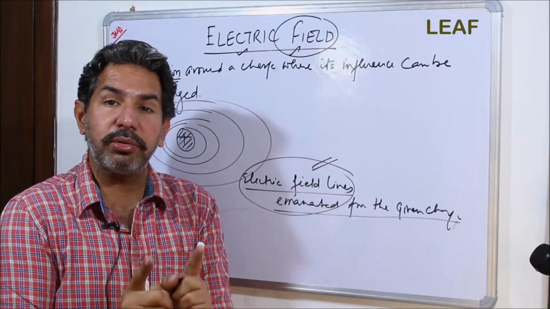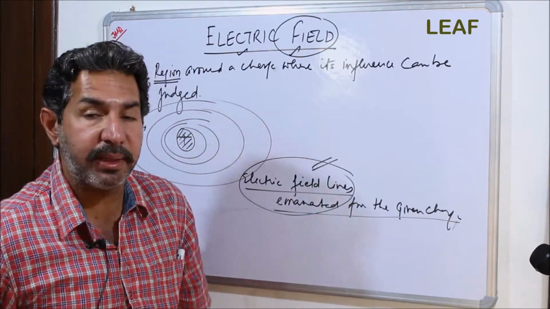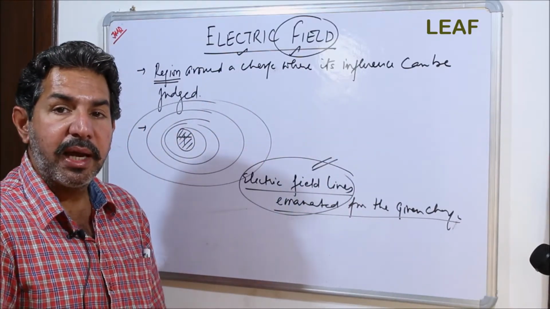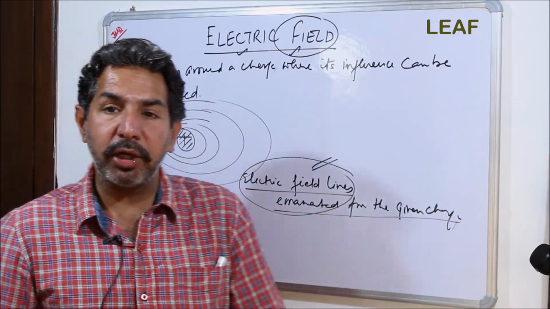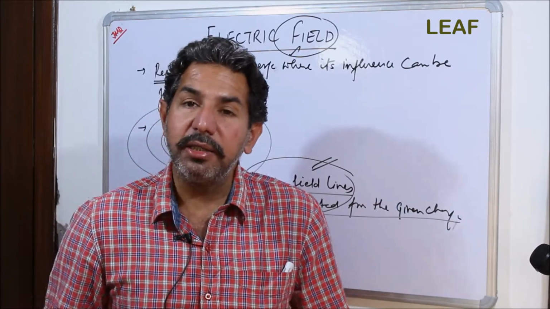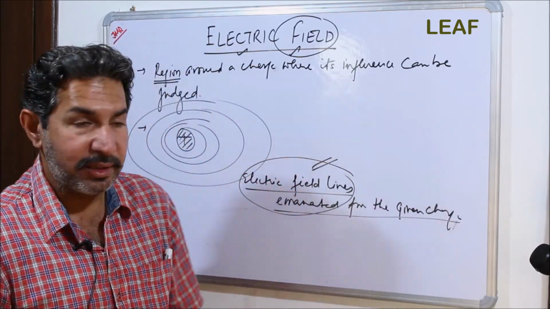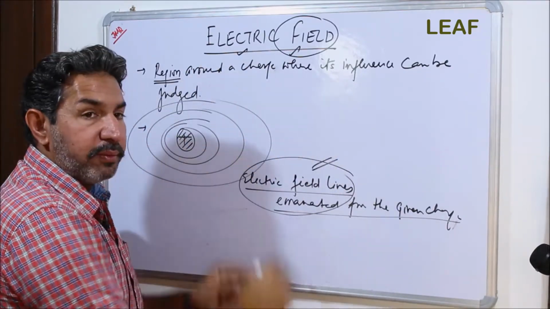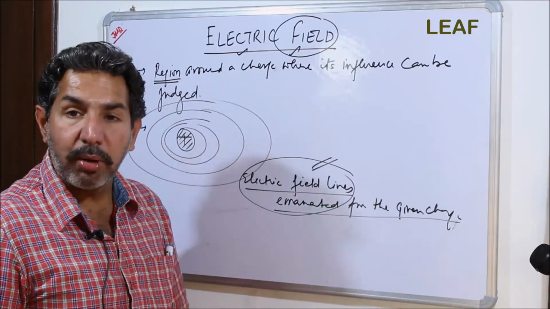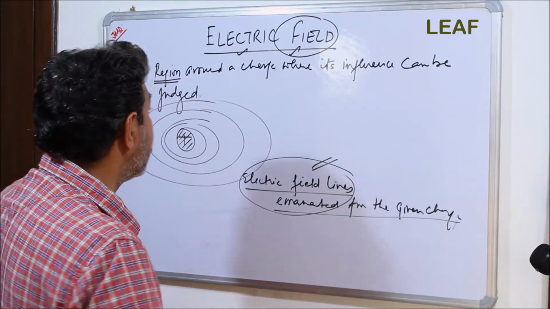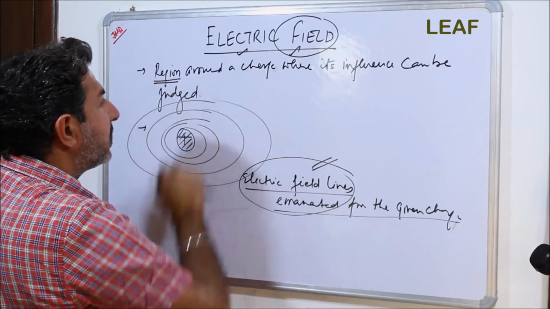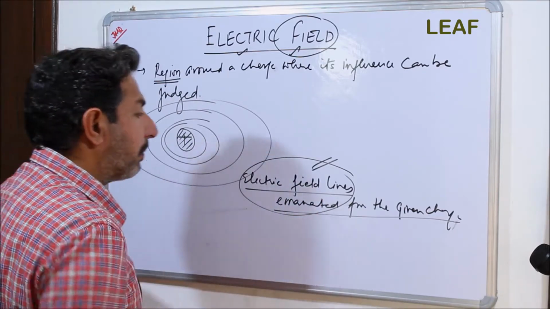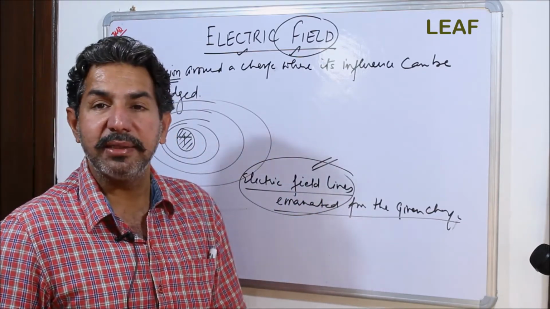Again, I am not going to enhance it beyond a certain limit. Why? Because we are just doing a quick review of electric field, and gradually we'll explain it on the higher orders when we go for the numericals. Beforehand, I'm just going to explain what we might have done in the normal board-based classes. So, electric field is defined as the region around a charge where its influence can be judged, and it is composed of electric field lines.